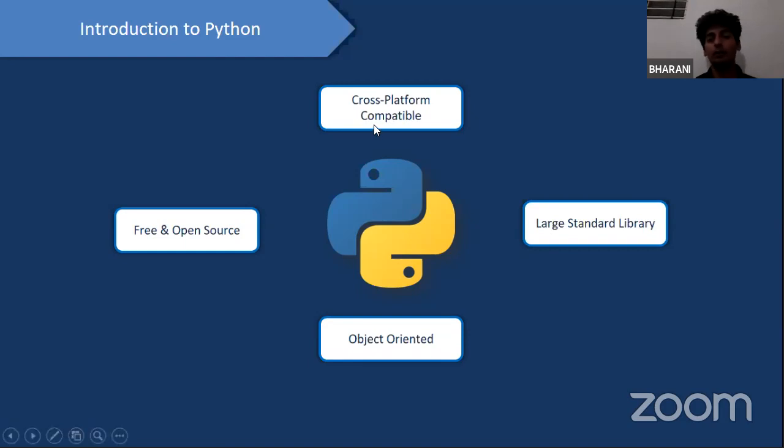Python is also cross-platform compatible. Now, what do I mean by this when I say Python is cross-platform compatible? It basically means that you can run Python on any operating system. So if you're working on a Windows system, it's totally fine. If you also have a Linux or a Mac, it's totally fine. So let's say if you write a piece of code on a Windows system, you don't have to worry at all. You can take the same piece of code and if you try to run it on a Mac, it'll